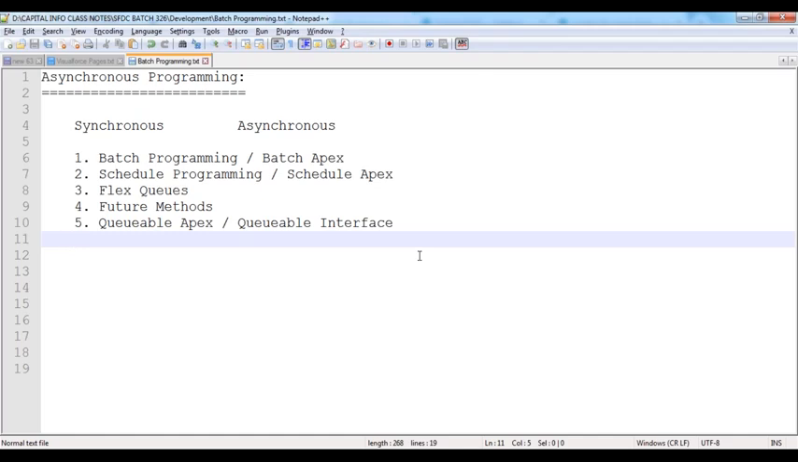From tomorrow onwards, we are starting the batch programming and schedule programming concepts. But before that, we have to complete today's assignment, whatever assignment I have given to you. Complete those assignments today, and then please be ready with